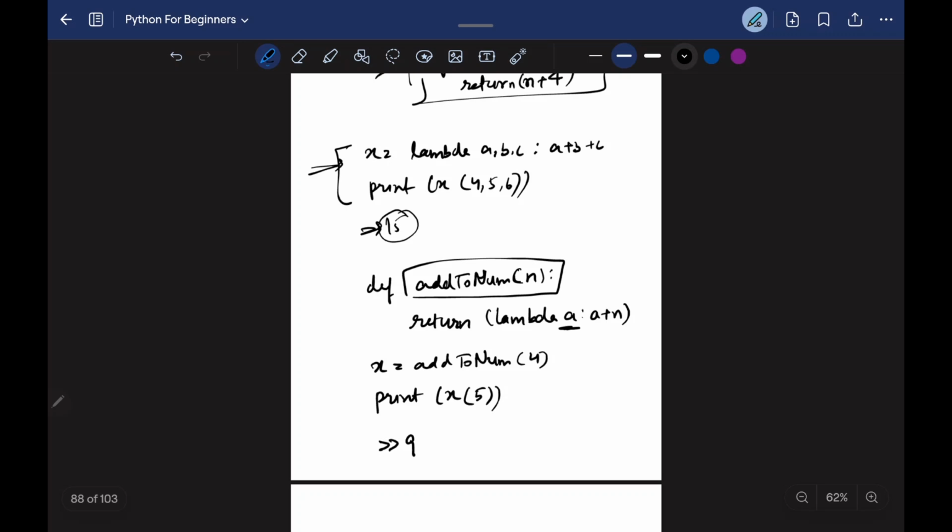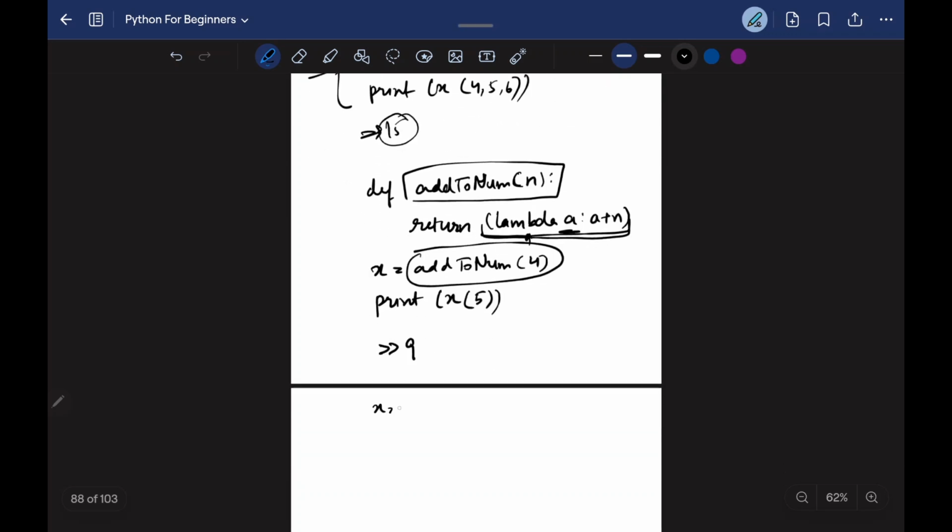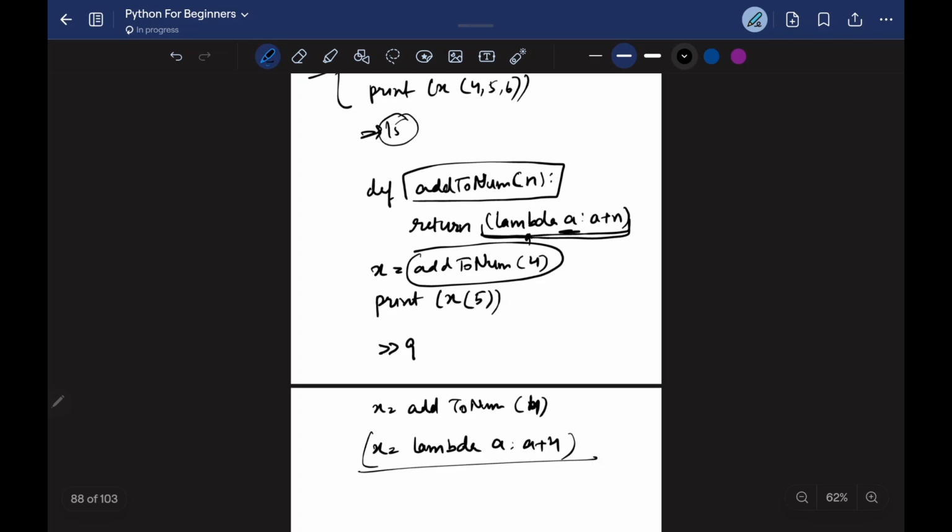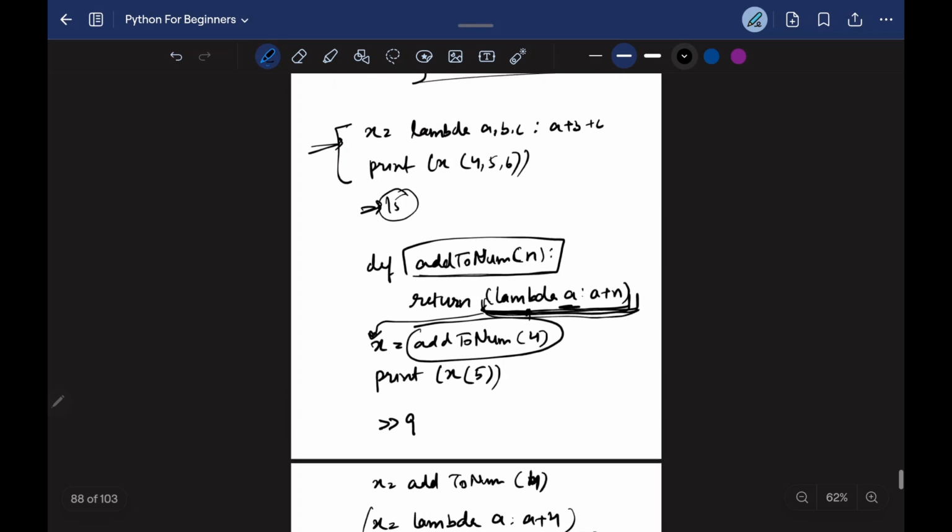So what will happen is in this add_to_num it will store this expression. Okay, so this x equals add_to_num(4) will become x equals lambda a: a plus 4. Okay, so this function is just returning this value, it is not performing any action. So this value will be returned, it will be stored in our variable x, and then you will just be doing print x of 5. Okay, so it is similar to this expression only. Okay,